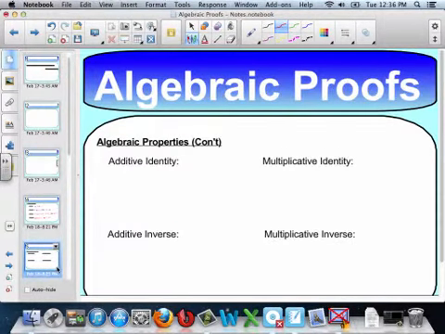And that is identities versus inverses. And notice the terms are slightly different. It's the additive identity. What does that imply? What operation? Adding. It's addition. All right, so identity. When you're dealing with an identity, it means that the value is not going to change. So what do I add to something to keep it the same? 0. So the additive identity property says that A plus